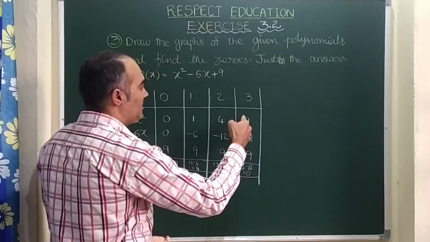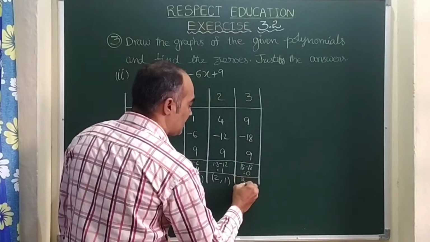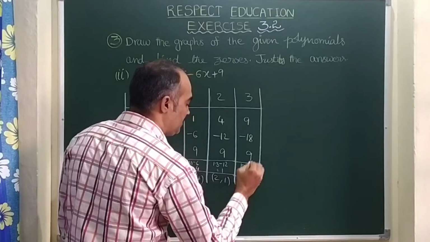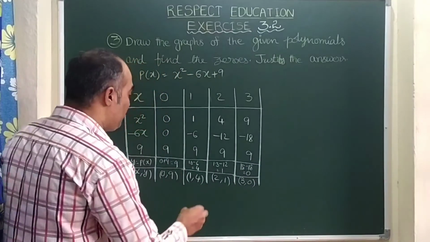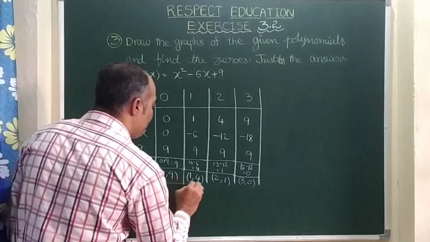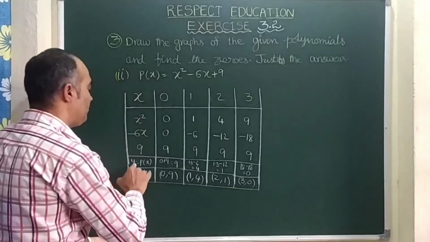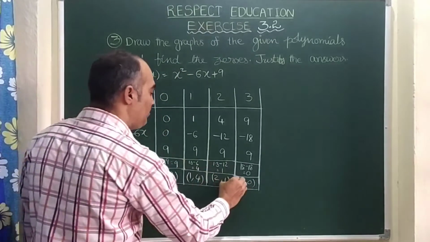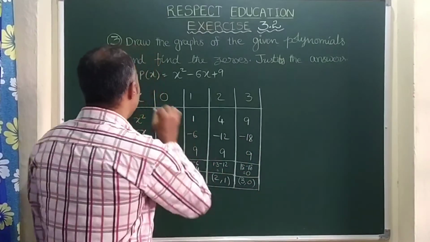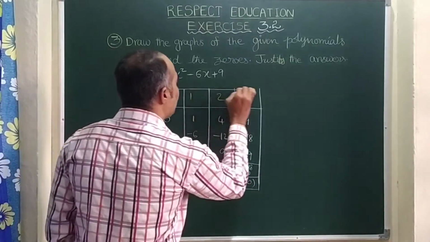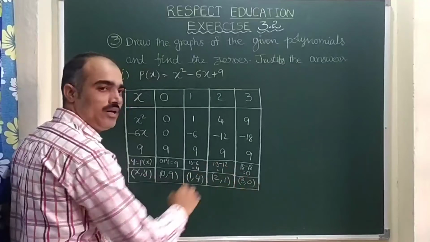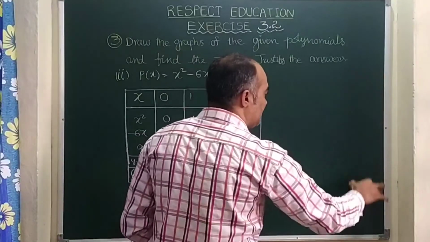So here x value is 3, corresponding y value is 0. 90% of problems can be stopped when we get y value 0. That means if the polynomial value becomes 0, we can better stop there. Now let us take these points for drawing the graph.